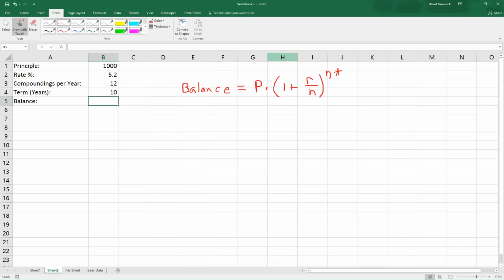Now when we type it in, the P, the R, the N, and the T are going to have to reference the appropriate cells. So let's see, the P is actually in cell B1. So instead of the P, we would type in B1. So we're going to have to type this in as, what's going to go in this cell, in cell B5, is going to be equals B1 times